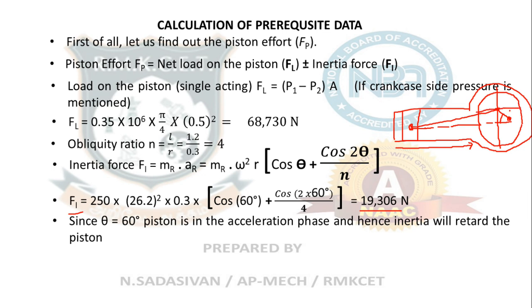For the movement of the piston from theta equal to 0 to 90 degree, let us plot the instantaneous velocity of the piston. The Y axis is velocity, the x axis is crank angle. Starting from 0 degree of theta, initially the piston was at rest. Now the fuel pressure has come, so the piston starts traveling and gains velocity slowly, and reaches a maximum velocity at the midpoint, mid span of the cylinder length, where theta will be 90 degree.